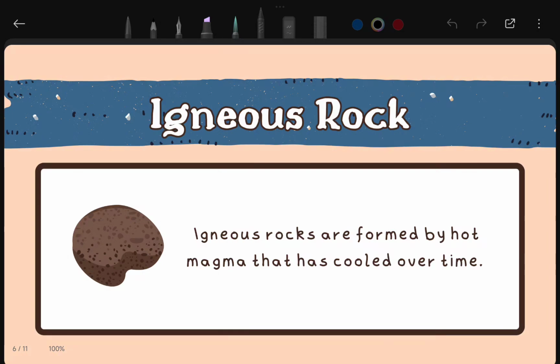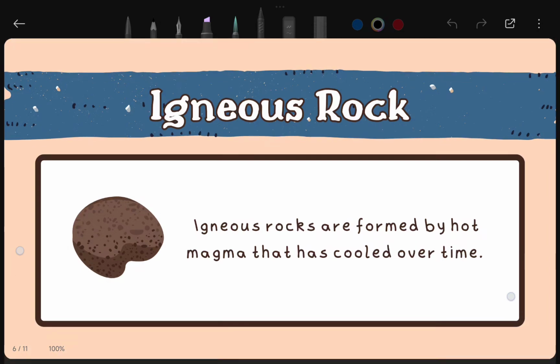So there are three types of rock. Let's quickly summarize it. Metamorphic rock is formed by high temperature and high pressure. Sedimentary rock is formed by the sediments of materials, which after a long interval of time change into rock. Igneous rock is actually formed by hot magma when it is cooled. So all these are rocks.